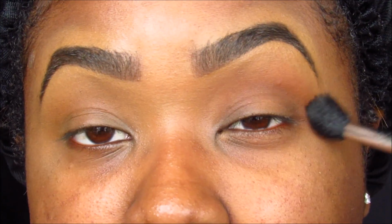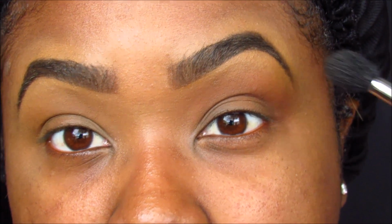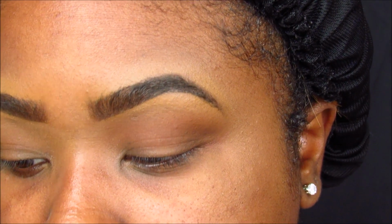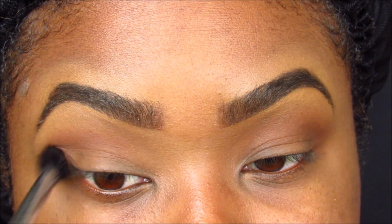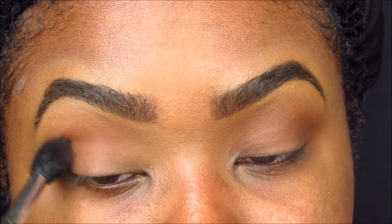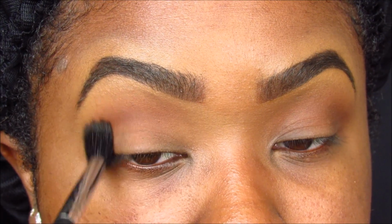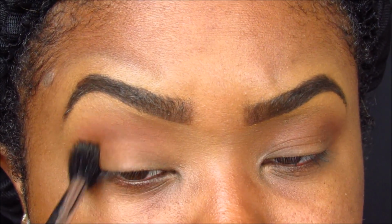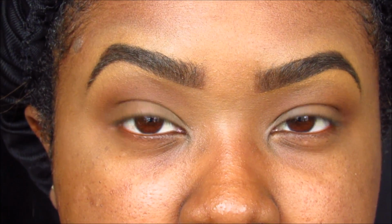So I'm just going in my crease back and forth with a big fluffy brush. It's not going to give me like a hard line of color. It's just going to kind of evenly spread out the color in my crease area. And I slightly lift my brow when I do that so I can really get into the crease, because I have slightly hooded eyes,